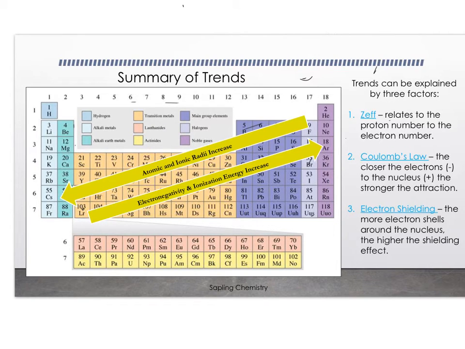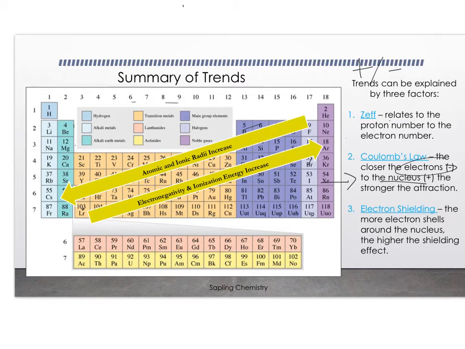You should think about the effective nuclear charge, where that relates to the proton to electron ratio within the nucleus. And then your Coulomb's law is describing the attractive forces between the outer electrons and the positively charged nucleus. So the stronger the attraction, the shorter the distance is